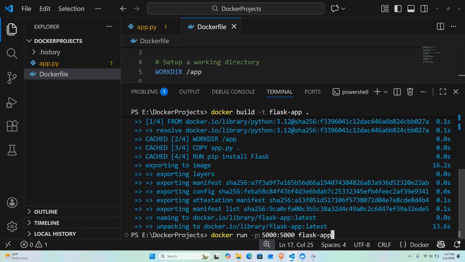So here this -p 5000:5000 maps the port 5000 on your host to port 5000 in the container. So this will let you open your browser and then basically visit localhost:5000 to see your app running. So we'll run this,